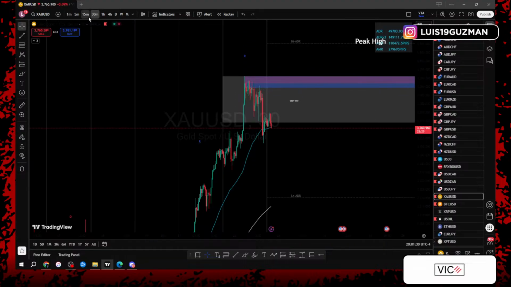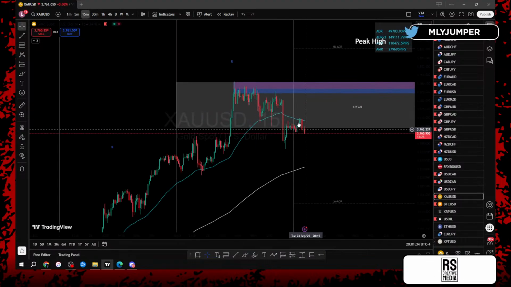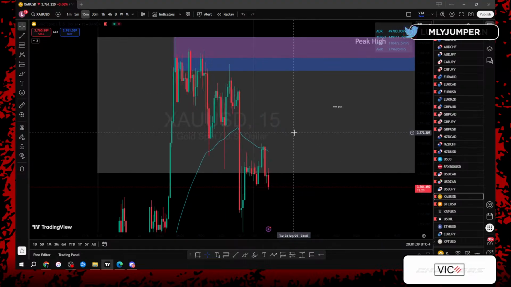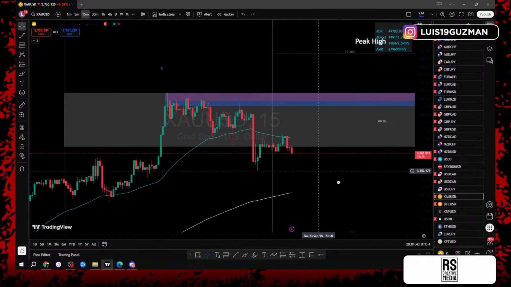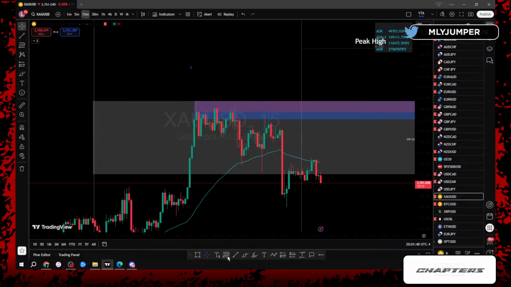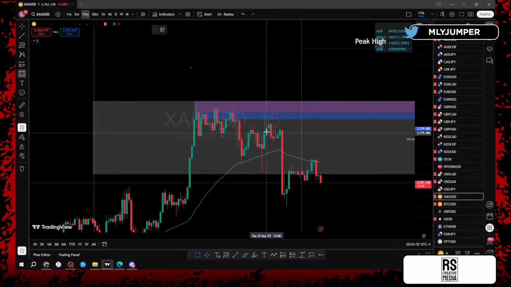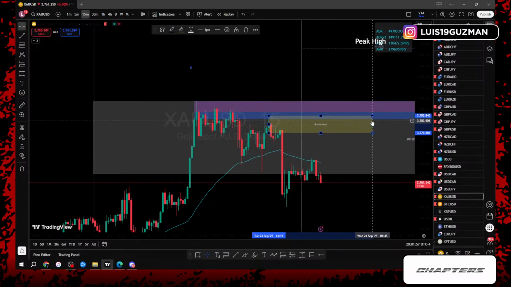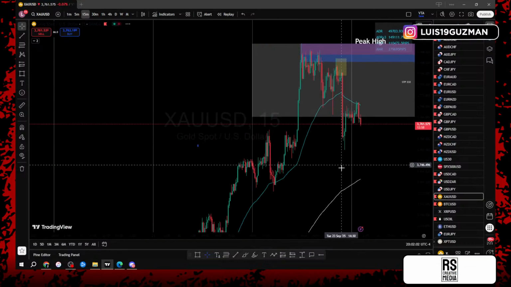Let's go down to the 5 and the 15. On the 15-minute, that candle doesn't have a bottom wick, so it would not be valid. Then we have this one here. So we had an engulfing candle at 2 p.m. It was a nice retest and went right back down. But this was after ADR.